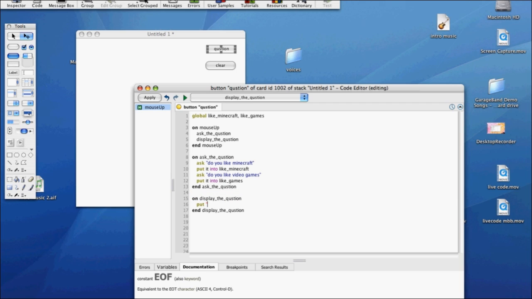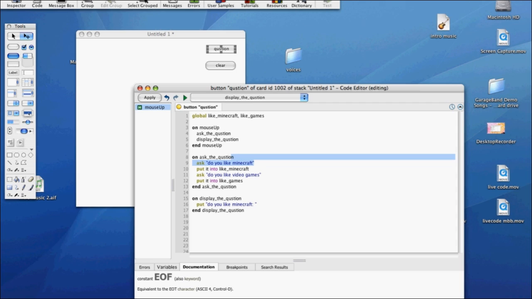Put, do you like Minecraft? Okay. We'll put one of these, and then to get the answer, to display what our answer was from asking our questions,